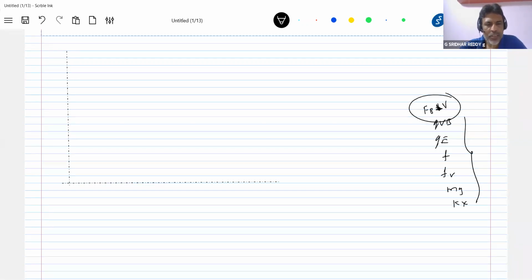So I'm going to project a charged particle with a velocity, say v. Let it make an angle theta. And how is the B bar? B bar is directed horizontally. B bar equal to B naught i cap. It's a uniform magnetic field, directed along x-axis here.